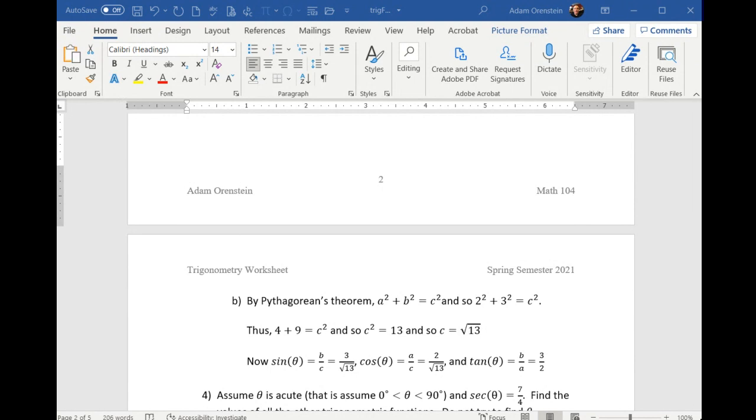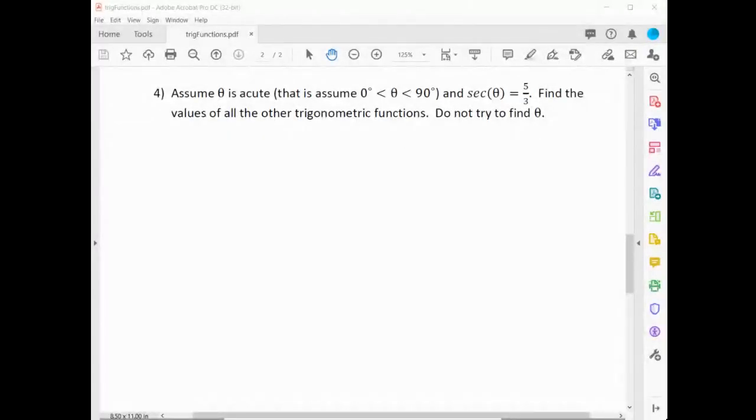All right. So for the next one here, let me just share the file. Here it is. There it is. You have theta is an angle. We're assuming it's acute. So all we know about theta, the angle, is that it's between 0 and 90 degrees. Secant of theta, we're assuming is... Actually, that's a mistake. Shouldn't be 5 over 3. It should be 7 over 4. Let me just fix it quickly. One second. Actually, you know what? Here, let me just